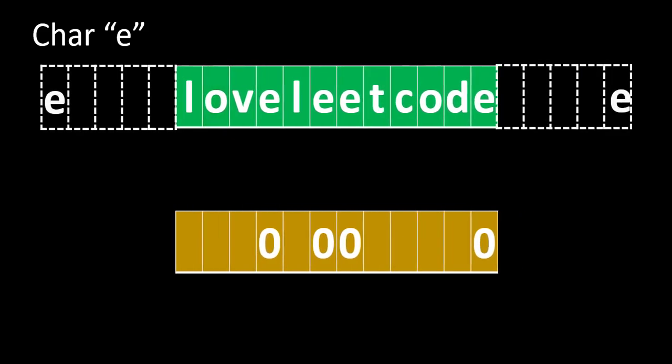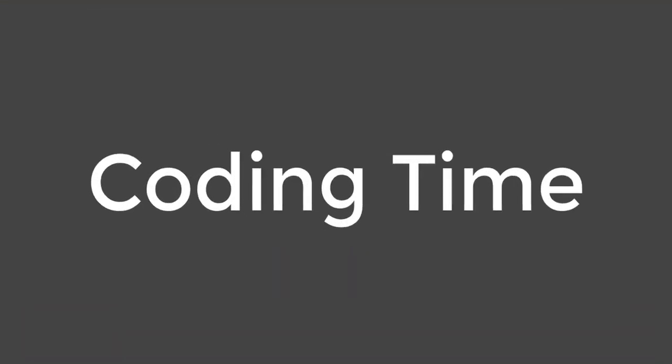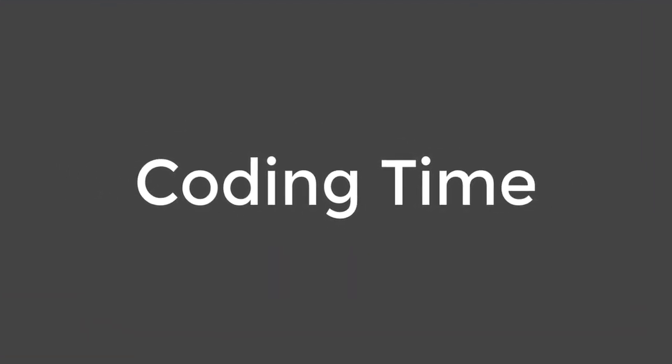The same thing we need to do at the end as well, since there can also be a condition where e is present on its left hand side but no e is present on the right hand side since it is the end of the string. In that case also we will consider an e present at the very end of the string whose index will be the highest possible value. Now let's see how we can code this.